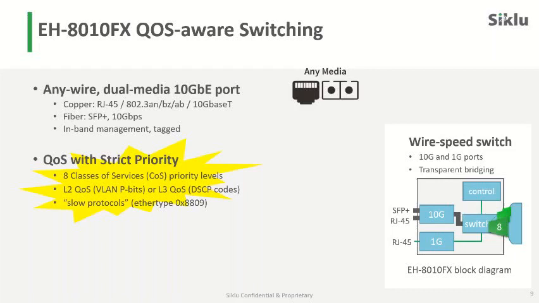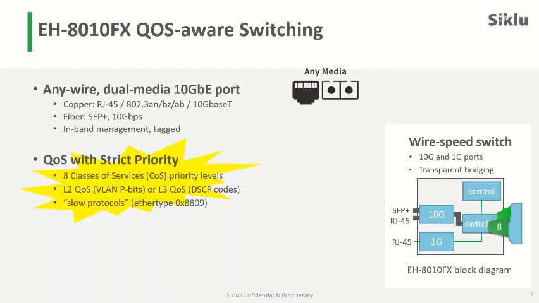And for example, in case of a lower capacity on the radio, maybe you have started at 2 or 5 gigabit, but you still have the 10 gigabit ports. So momentarily, the traffic coming into the radio could be higher than the capacity of the link. And the QoS engine on the 8010 will prioritize the important traffic and will drop the lower priority if that would be needed. You can also prioritize a number of control protocols or slow protocols on your network,